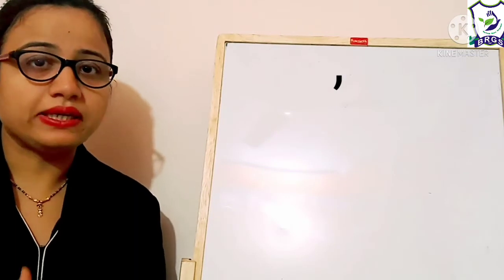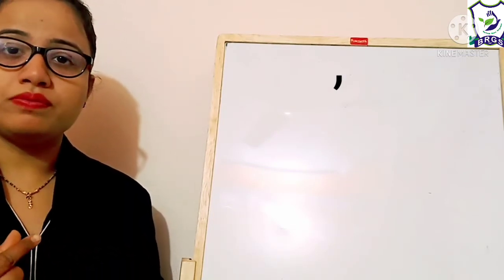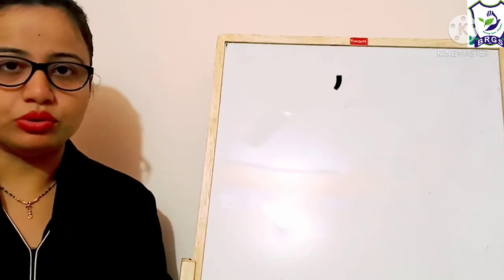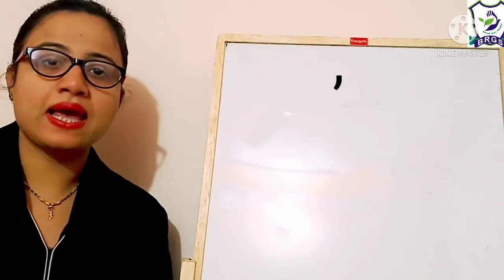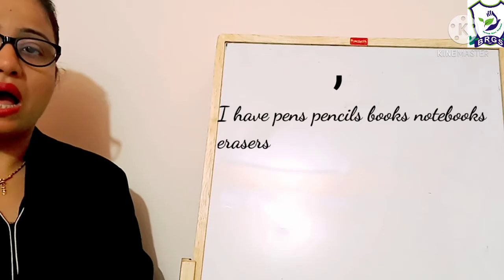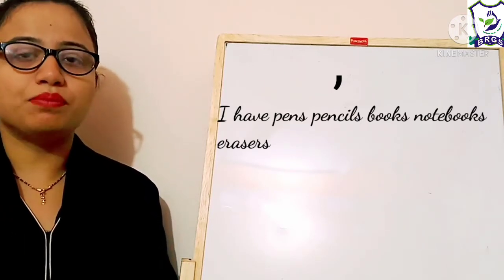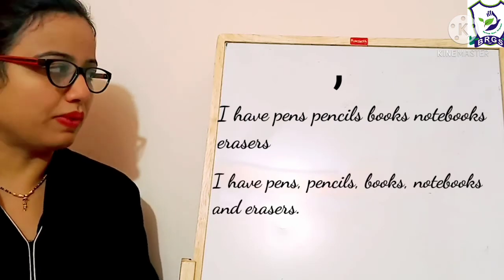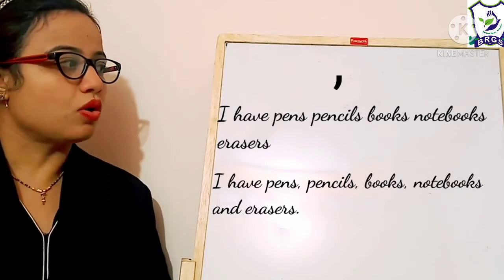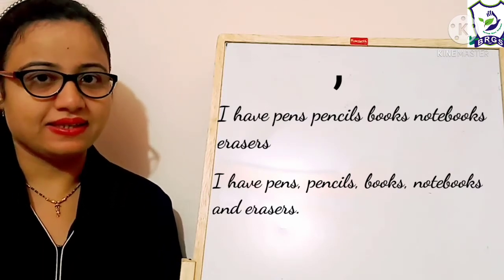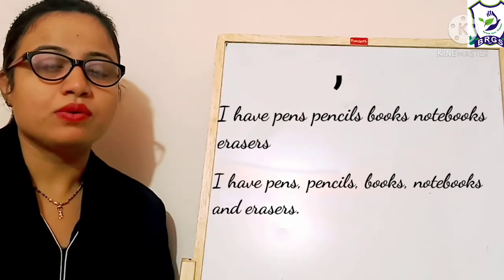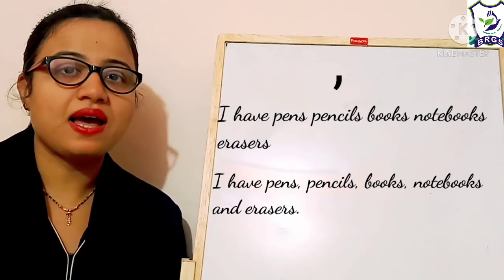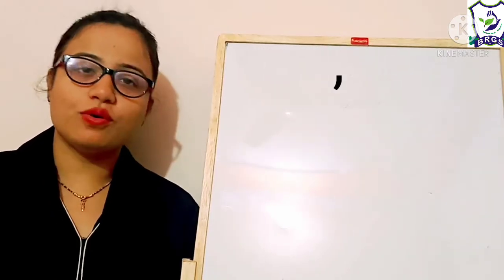जब एक सेंटेंस में एक लिस्ट दी हुई हो आइटम्स की, तब उन आइटम्स को सेपरेट करने के लिए हम उनके बीच में क्या अप्लाई करते हैं, कोमा। और जो लास्ट आइटम होती है उसको प्रीवियस वन से सेपरेट कैसे किया जाता है, एंड राइट करके। लाइक आई हैव पेन्स, पेंसिल्स, बुक्स, नोटबुक्स, इरेजर्स। सो हियर वी विल राइट आई हैव पेन्स, कोमा पेंसिल्स, कोमा बुक्स, कोमा नोटबुक्स एंड इरेजर्स। राइट, हमने आइटम्स को सेपरेट कैसे किया, उनके बिटवीन कोमा अप्लाई करके, और लास्ट टू आइटम्स को कैसे सेपरेट किया, उनके बिटवीन एंड राइट कर।